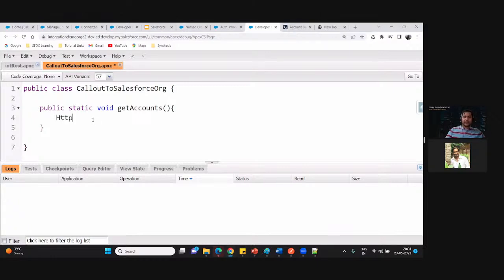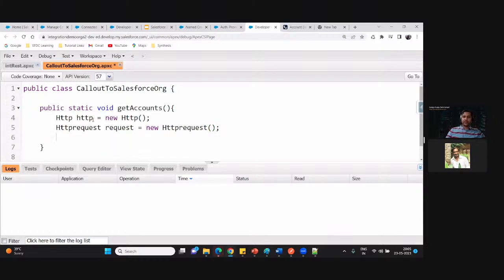So here, first I am defining the HTTP class instance. So Http http = new Http(). This is my HTTP class instance. Taking one step further, here I am putting HttpRequest request = new HttpRequest(). I have created the instance of the request class as well.